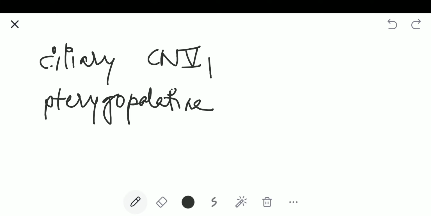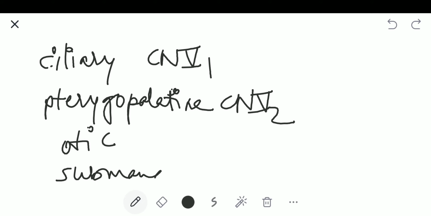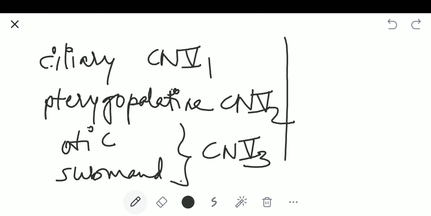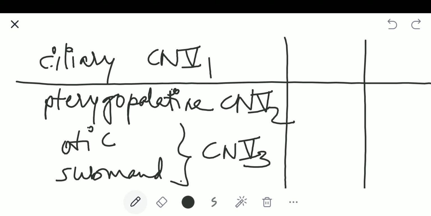So it is related to which nerve? That is cranial nerve number 5's first branch, ophthalmic. Then we saw the pterygopalatine ganglion. Topographically it is related to cranial nerve number 5's second branch, that is maxillary. And third, we saw the otic ganglion, and after that, we saw the submandibular ganglion. These are related with the third branch, that is the mandibular branch. Now, if you see